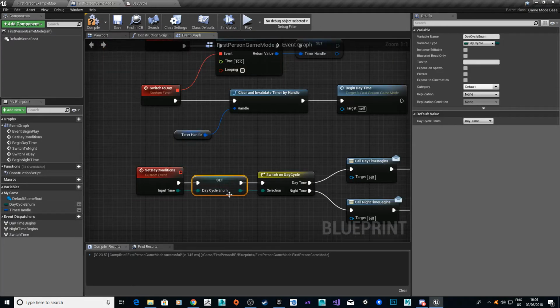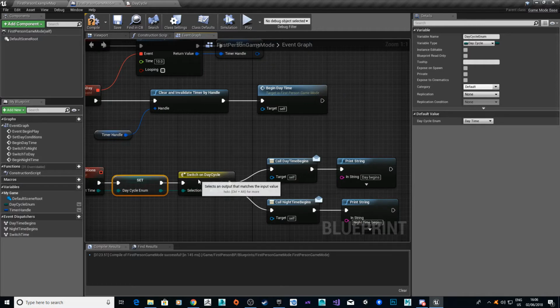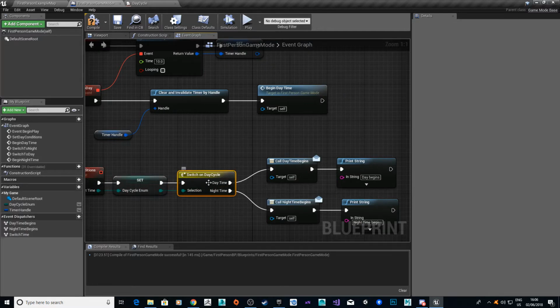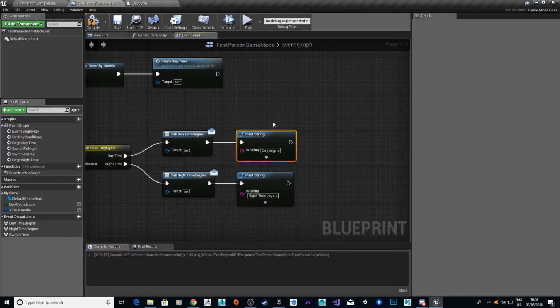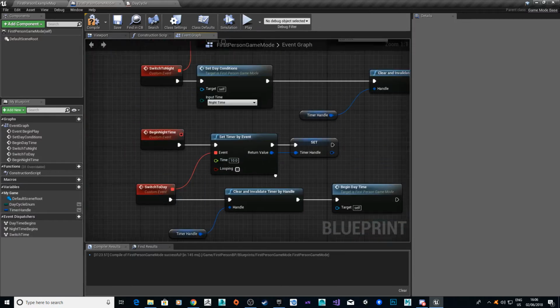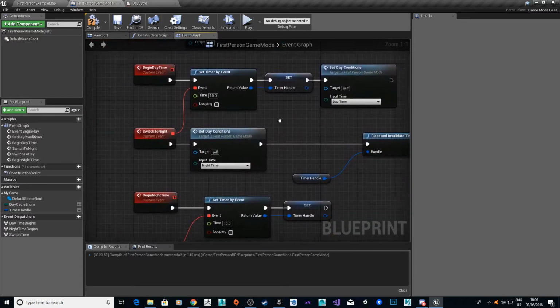That variable is set to daytime, and it'll switch on the outcome. Once that fires through on the switch, it's daytime. It will basically announce the entire system, daytime begins. And just for clarity, I'll put a print string as well. Once that happens,